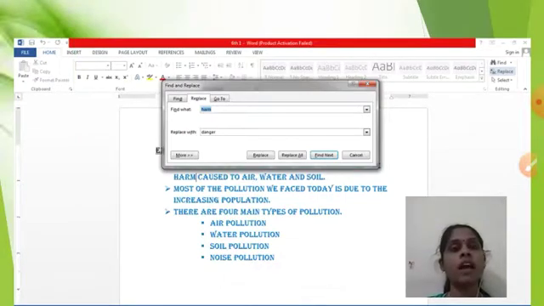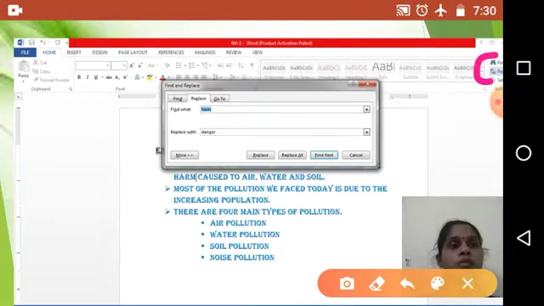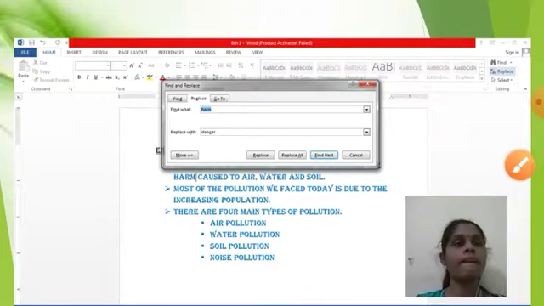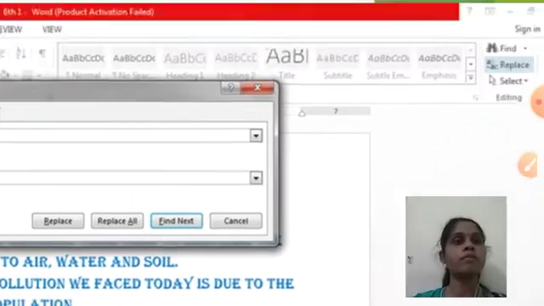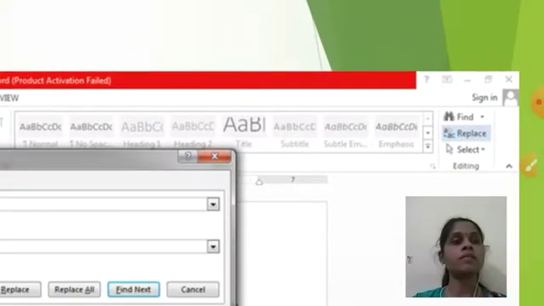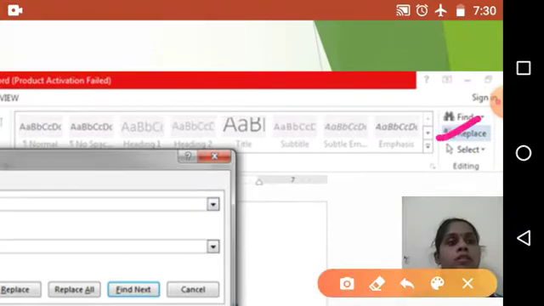In the file tab you will get find, and after find there is replace also. Replace text is written there. I will show you. Find and then replace. This replace you have to use.